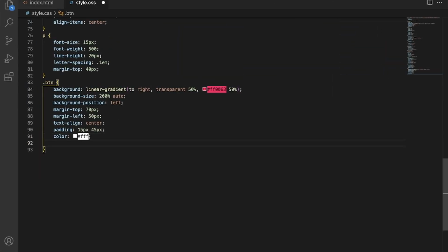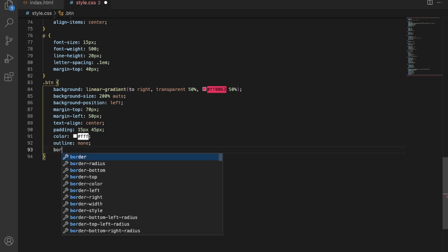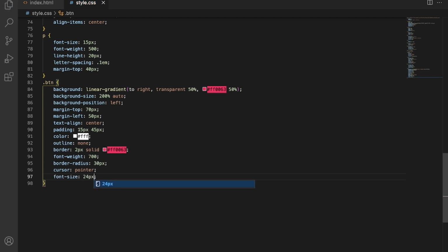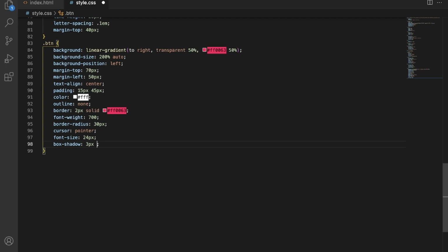So now here I will also change the outline to none. I will give some border. I will write border 2 pixel solid FF0063, font weight 700 and border radius 30 pixel, cursor pointer, font size 24 pixel, box shadow 3 pixel, 8 pixel, 22 pixel and RGBA 22, 21, 21, 0.15.